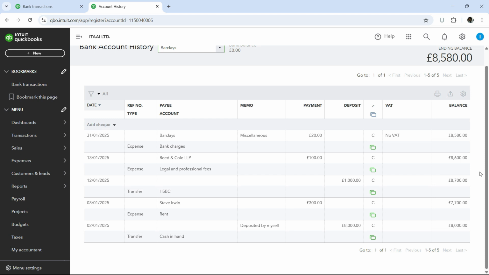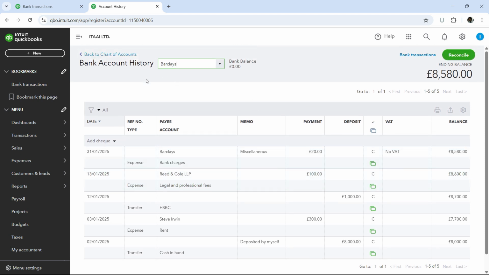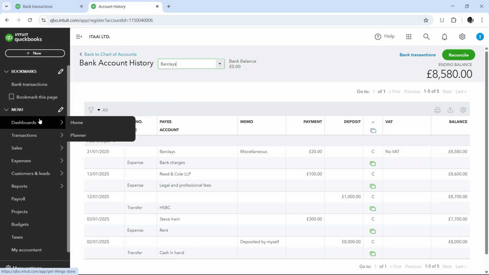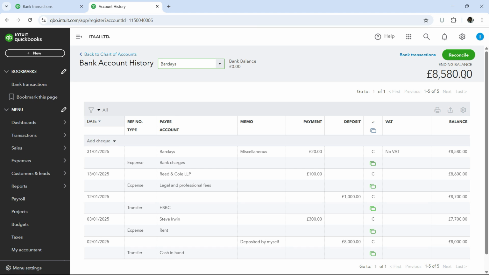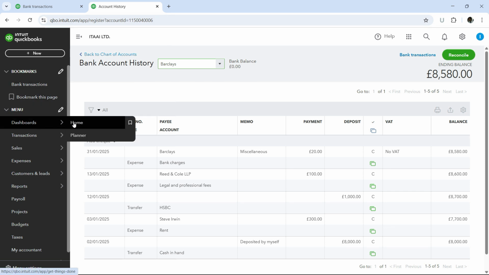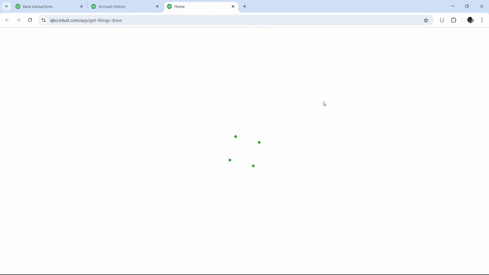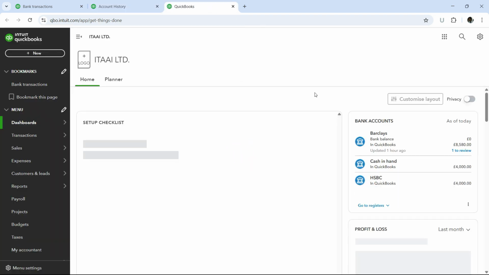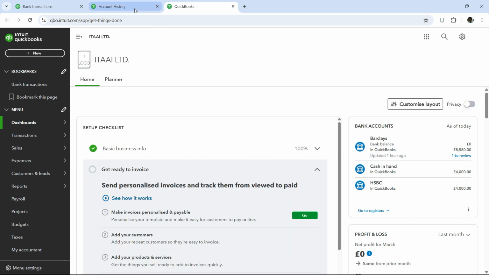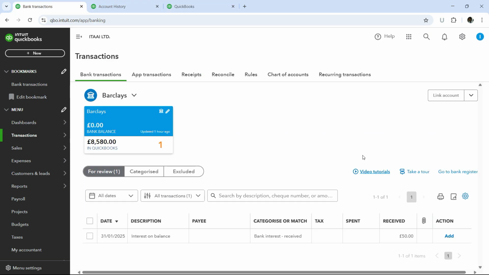And one more thing that you may like to notice is that now your bank balance would also be changed. So if I just go back to the dashboard for you, you can see the balance here as well, 8580. It was 8600 before recording this transaction, but now it is 8580. So let me take you to the dashboard as well, and let me show you there as well. So the balance has changed to 8580, which means that this transaction has now also been recorded into QuickBooks Online,